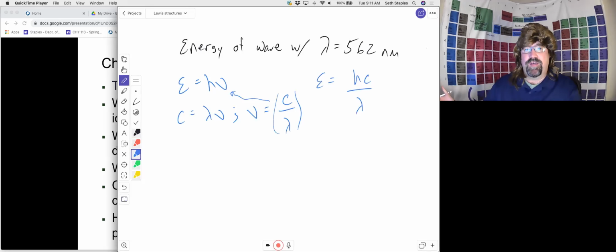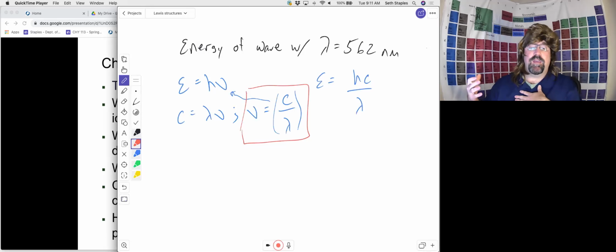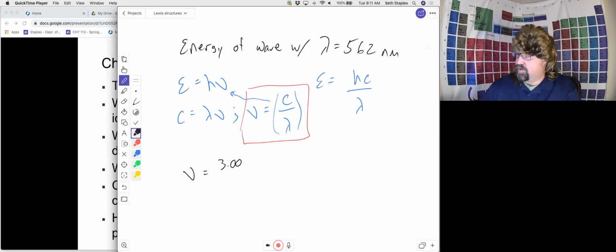I usually honestly like to do these in two steps. I will usually use my rewritten equation here first to find my frequency and then plug that into the energy equation. It's just the way that I learned how to do it when I was sitting where you are, and so it's the way that I still do these problems today. And so I'm going to take the frequency equals c, remember 3.00 times 10 to the 8th meters per second